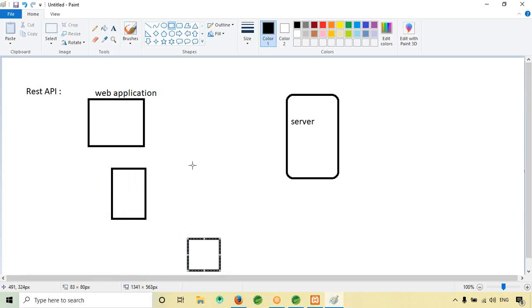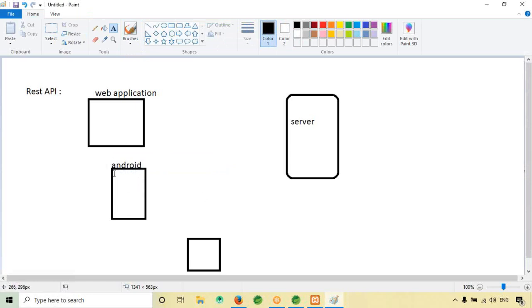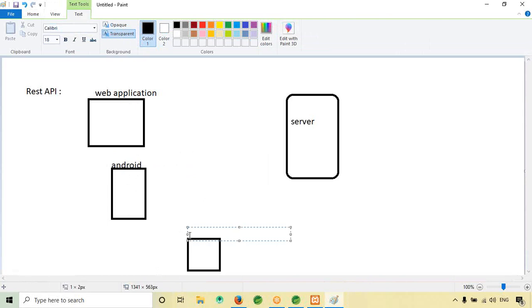Okay, so like multiple platforms. This is web and this is Android. Similarly, we have iOS here.